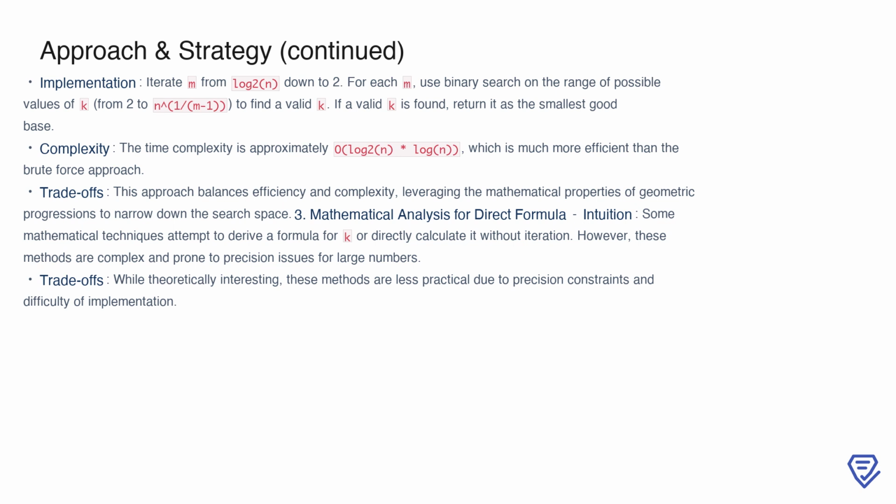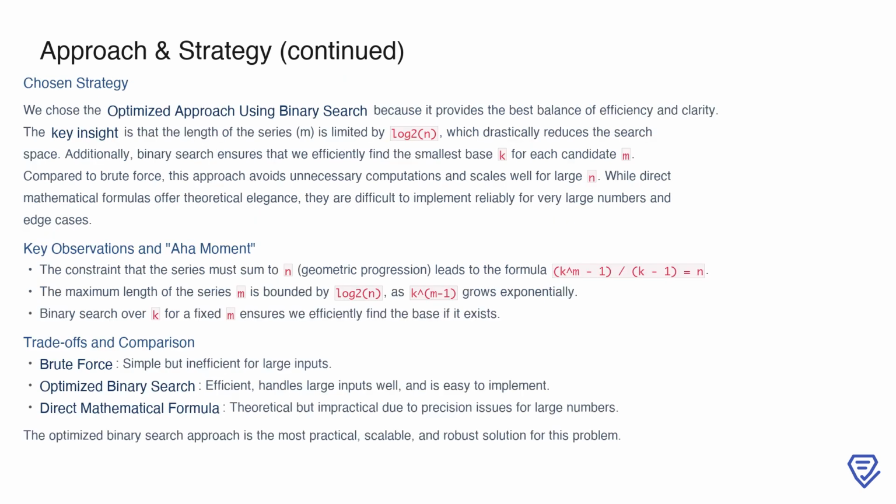While this approach is theoretically interesting, it introduces significant challenges in practice due to precision issues when working with large numbers. Additionally, the complexity of implementation makes this method less reliable for edge cases. Therefore, it is not as practical as the optimized binary search strategy, which balances clarity and efficiency. The chosen strategy for solving this problem is the optimized approach using binary search because it offers the best balance